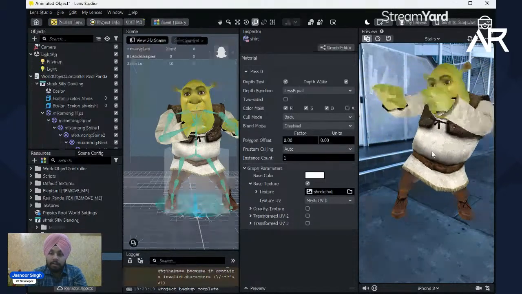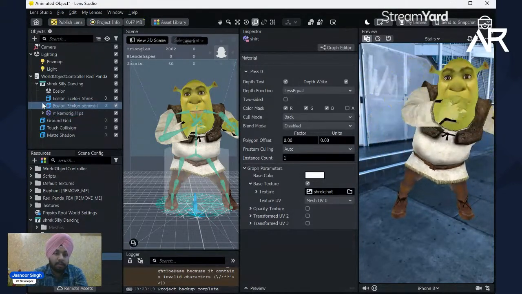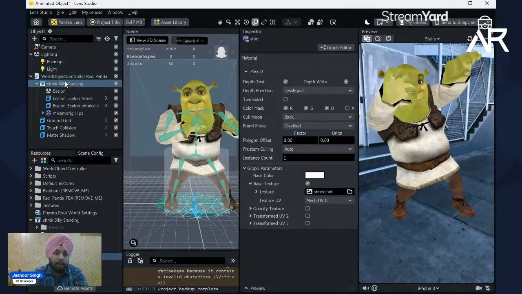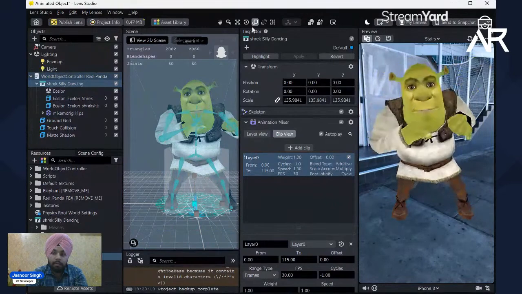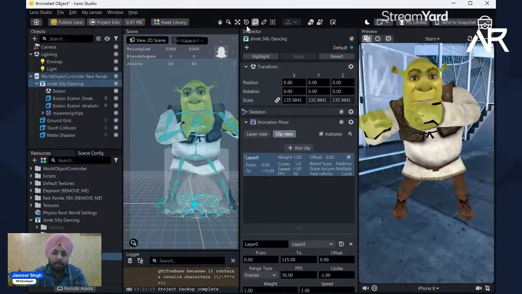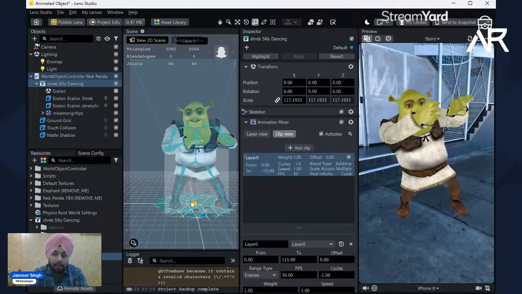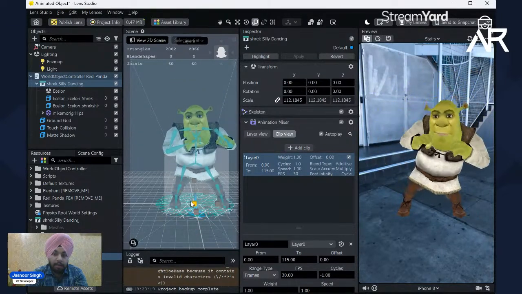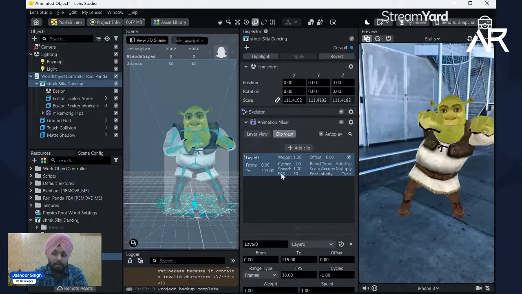And now you can see the Shrek is oversized, and let's just go to the objects panel back and select the prefab of this 3D model. And again we will be using the scale tool, and we will make it scale according to our preference. So I think this is perfect,